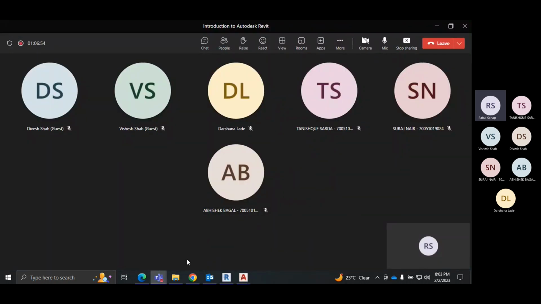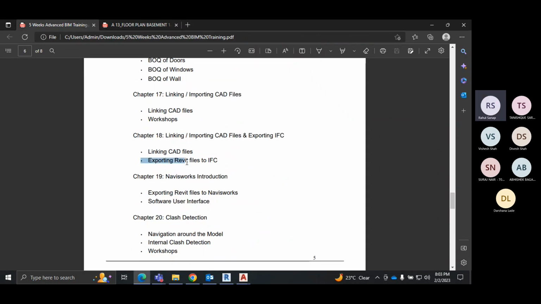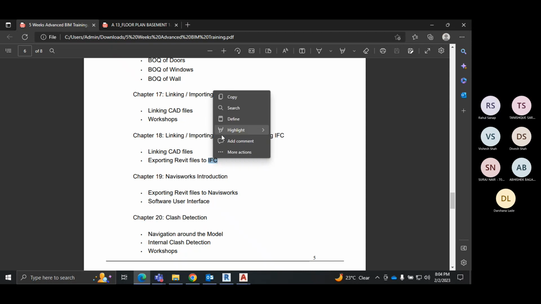Okay, and just one more point regarding this last point, exporting Revit file to IFC. So like IFC क्या है? It's an Industry Foundation Class. ओके, बिकॉज आईएफसी एक ऐसा फाइल फॉर्मेट है जो कि ग्लोबली यूज किया जा सकता है। कोई भी सॉफ्टवेयर में आपको आईएफसी बाय डिफॉल्ट मिलेगा ही मिलेगा। आप मैकेनिकल सॉफ्टवेयर लेके आओ, या जो शिप्स वगैरह बनाते हैं, शिप्स बनाने के लिए एक सॉफ्टवेयर आता है अवेवा करके, तो उसमें भी आईएफसी फाइल फॉर्मेट ओपन होता है।